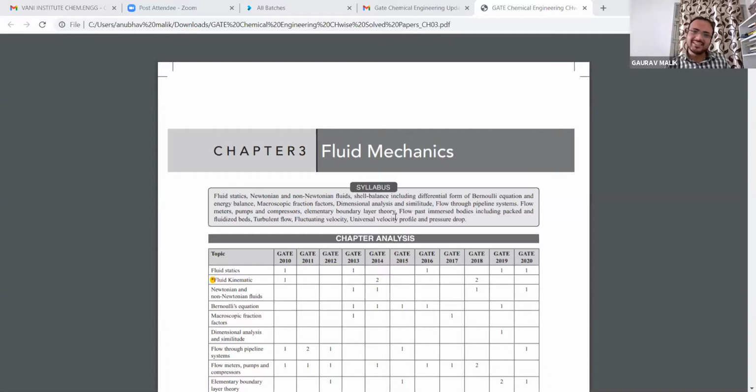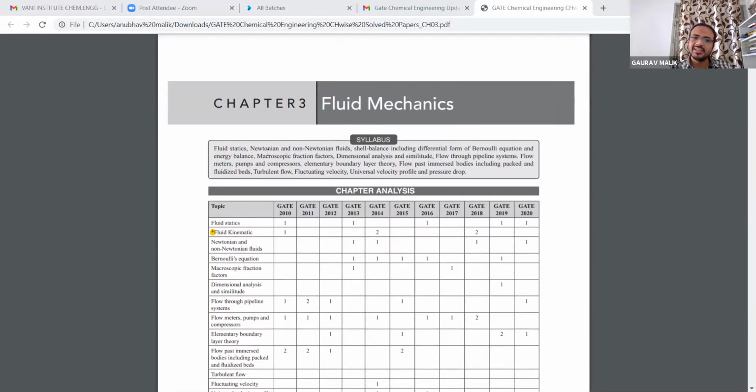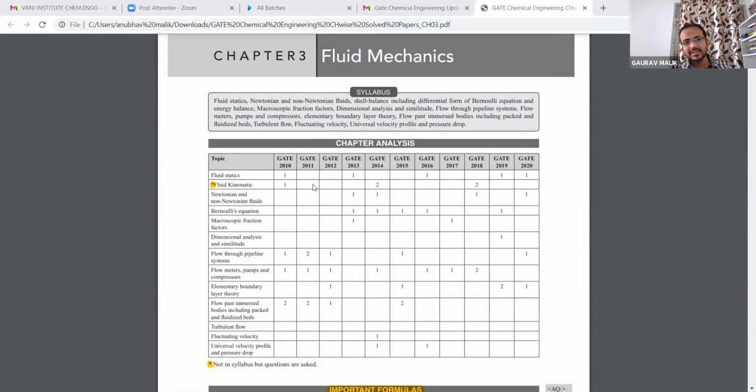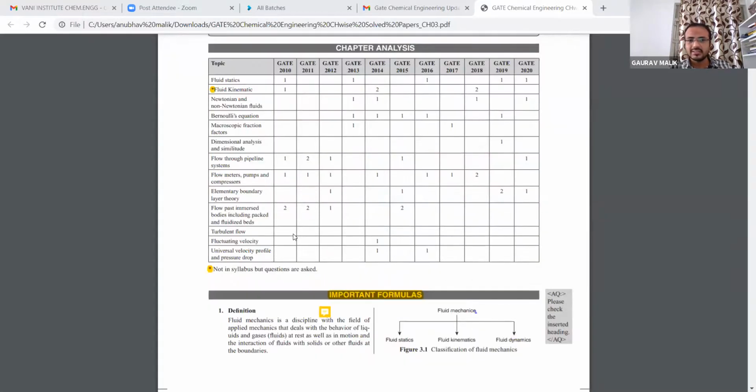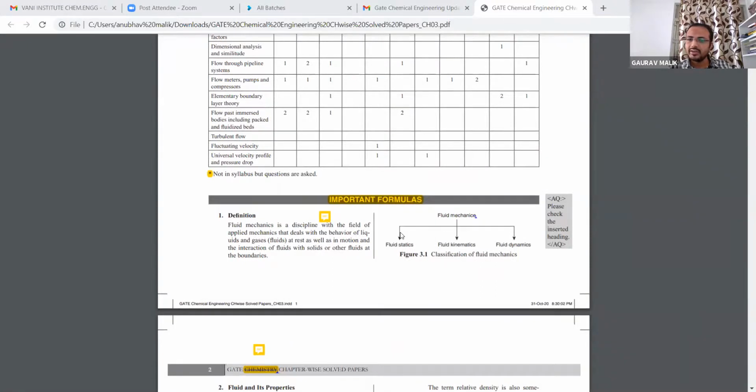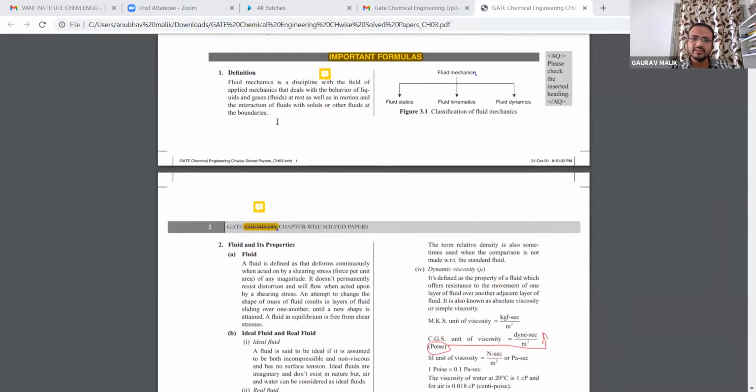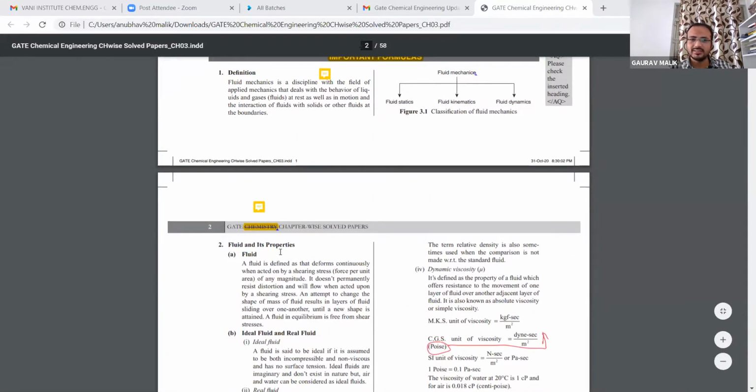Now I am going to show, suppose it is fluid mechanics. So it is chapter number 3, fluid mechanics. First the syllabus: fluid statics, Newtonian and non-Newtonian fluid. Then chapter-wise, topic-wise analysis: from fluid statics, fluid kinematics, Newtonian and non-Newtonian fluids, Bernoulli, macroscopic, the topics that every year questions are asked from. Then important formulas and definitions, fluid and its properties,